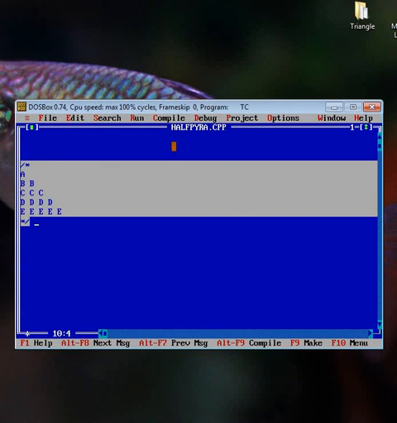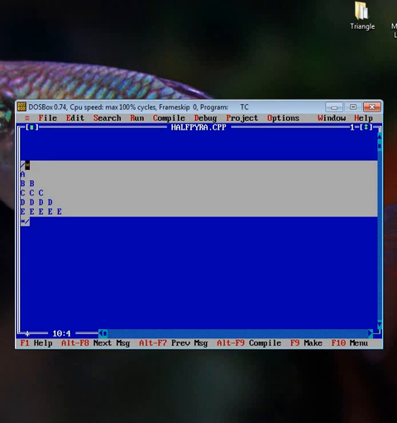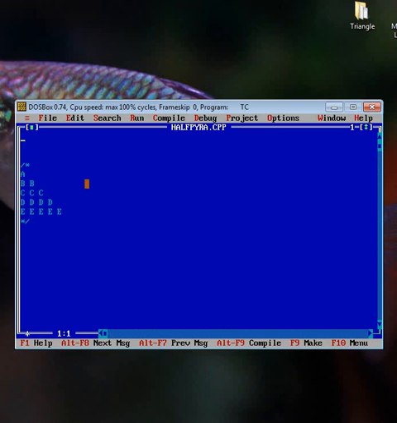So I have opened the IDE. So this is our goal, this should be our output, and now I am starting to write the program. So first I have to include the required header files in this program. So #include stdio.h, conio.h.